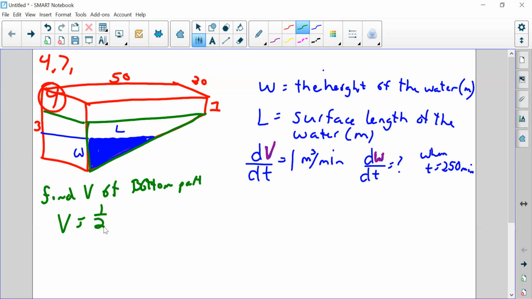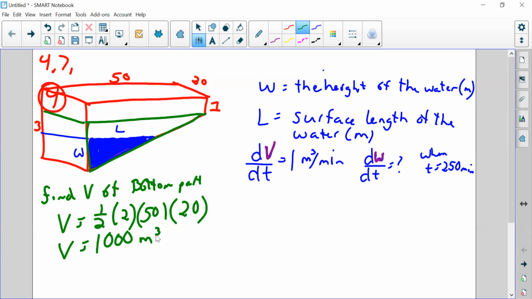So how do you find the area of that green triangle? 1/2. For the green triangle, what is my base height? 2, because the total is 3 minus that 1 meter that we're cutting it off at. Times the height, 50. So that gives me the area of the base. Now I need to times it by the width of this. So how many of those? 20. All right, so that gives me 50 times 20. Yes, 1,000